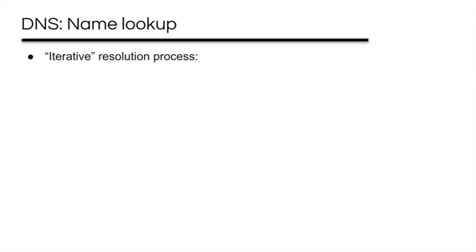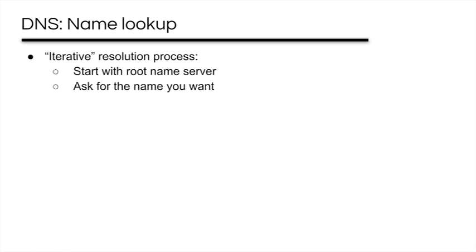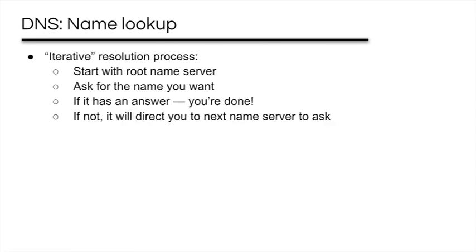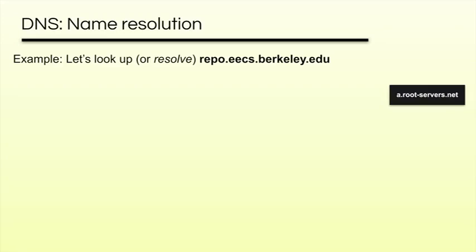Okay, so how do lookups actually work? Well, we've got this iterative resolution process where we start with the root name server and ask it for the name we want. If it has an answer, then we're done. Otherwise, it'll direct us to the next name server that we should ask. And then we just repeat this process until we actually get the answer we want. So let's do an example. Let's look up, or resolve,